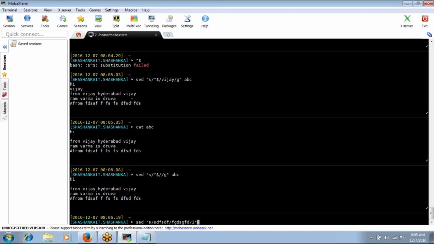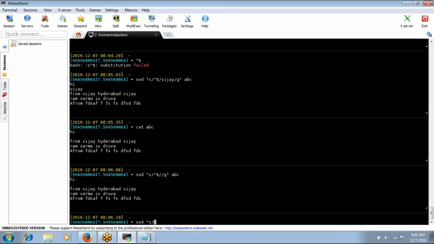When the pattern occurs only 2 times, it will not replace it. So with 3, in each and every record it will check whether the particular pattern has a third occurrence, and only then will it replace it. If I don't give anything, by default it takes the numeric value 1. To ignore case sensitivity, we give the I flag.